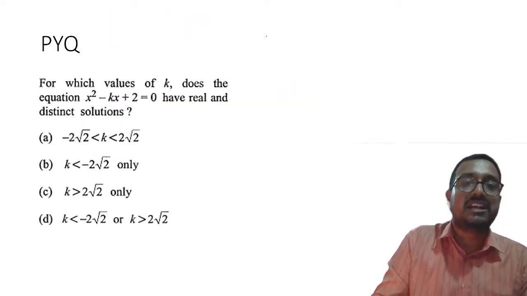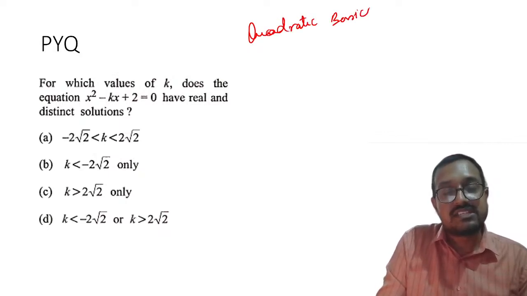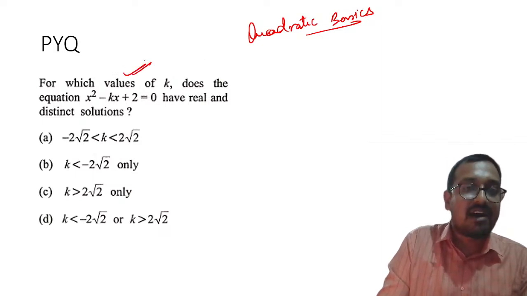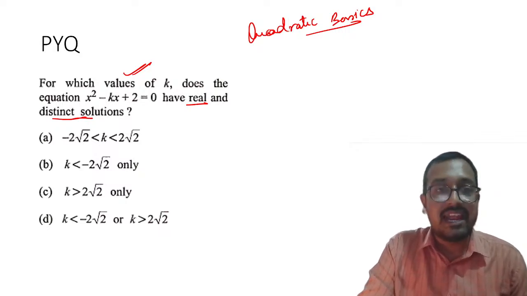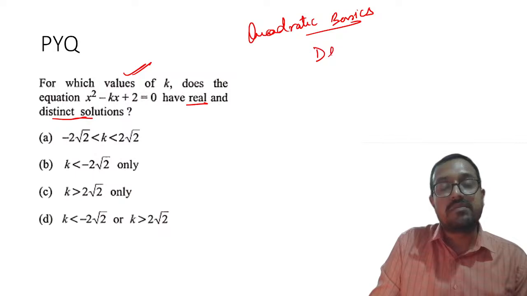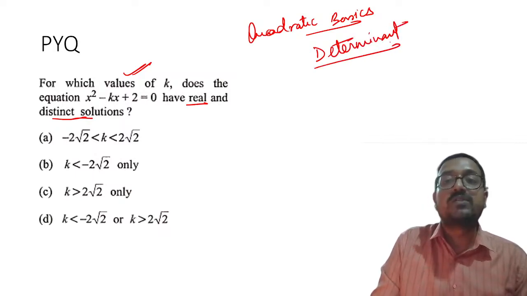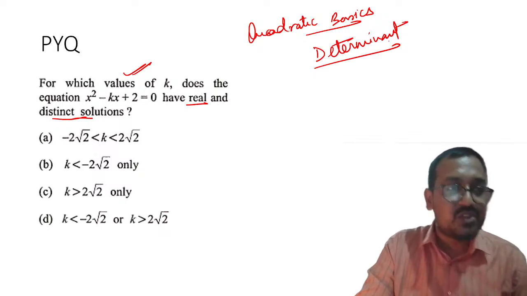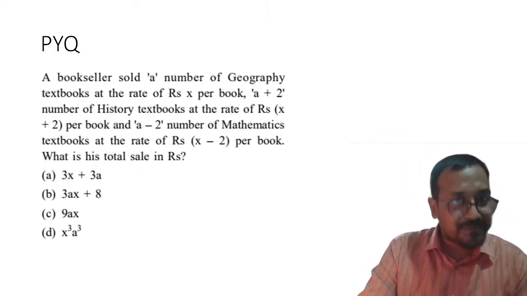The third question is related to quadratic equation basics. So yes, this is a direct question which they have asked. We'll talk about this as well. We have to find the real and distinct solution. How to do that, we will talk about it. There is a term called determinant, which is like the soul of the quadratic equation. If you understand determinant, you understand almost 60 to 70% of quadratic equations.